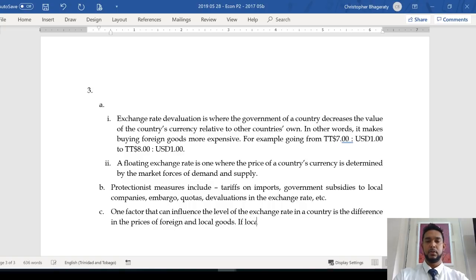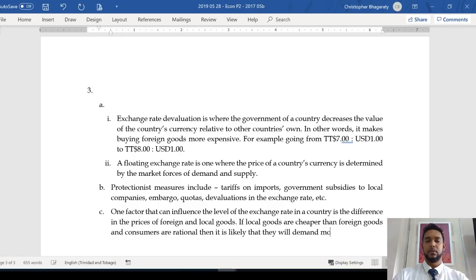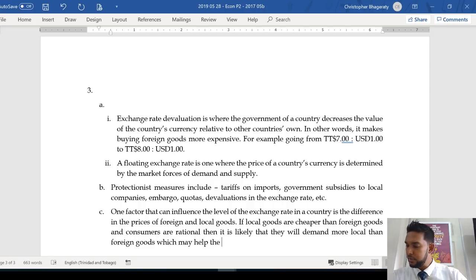If local goods are cheaper than foreign goods and consumers are rational, then it is likely that they will demand more local goods than foreign goods, which may help the exchange rate